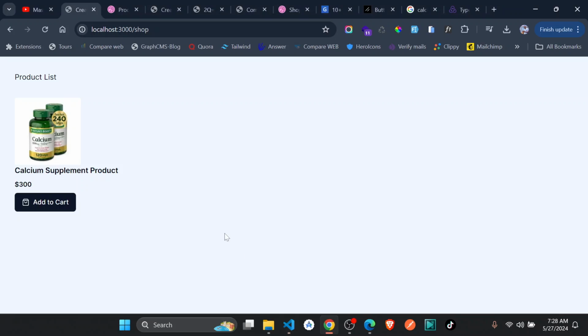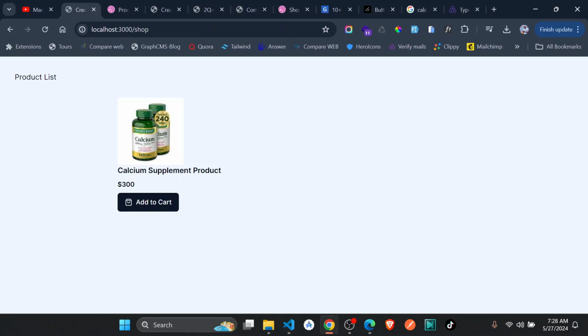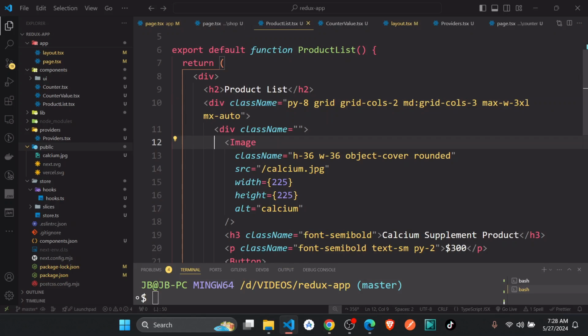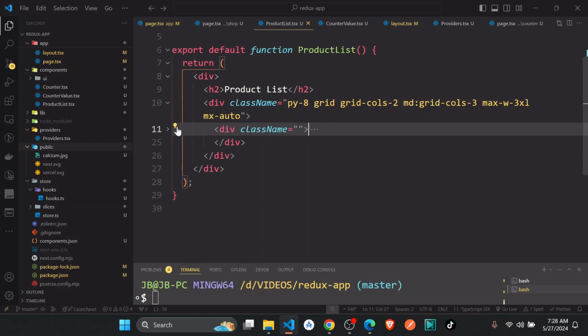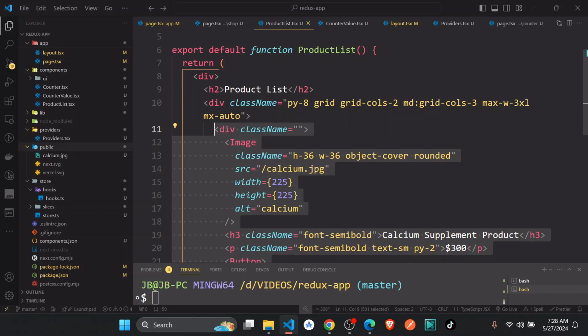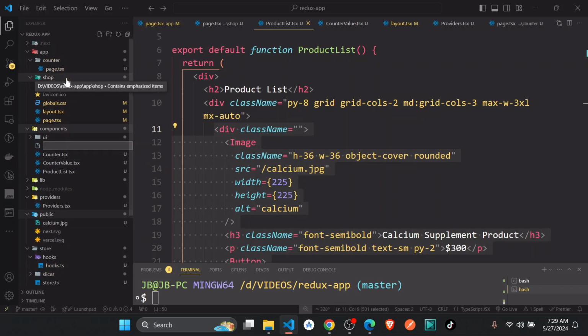So if I just give it that, this should just be okay. I'm just going to go ahead and create this as a product component. For now, just copy inside this. I'm just going to say product.tsx,